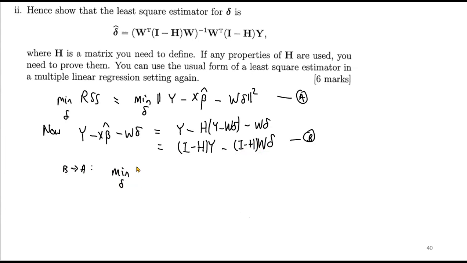So we're minimizing with respect to delta. This. But now, compare this expression to the one that we wrote right at the start, where we wrote minimize with respect to beta. The usual regression. What do we do in the usual regression? We write it like this, yeah? And what is the result of this? The result of this implies